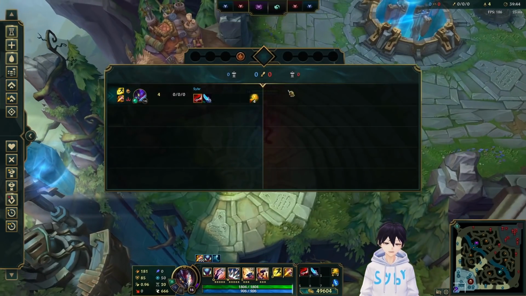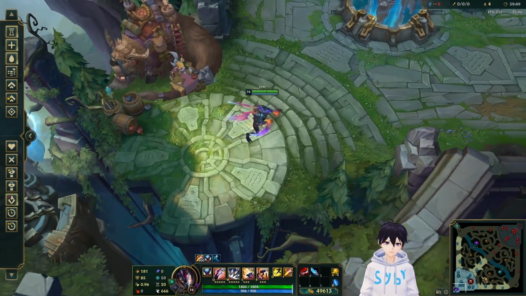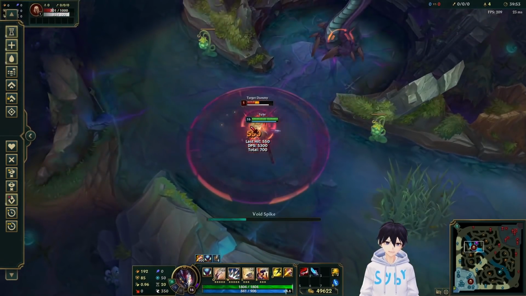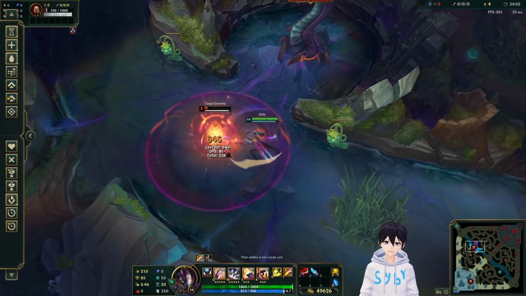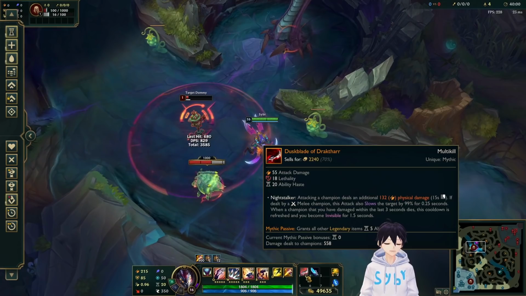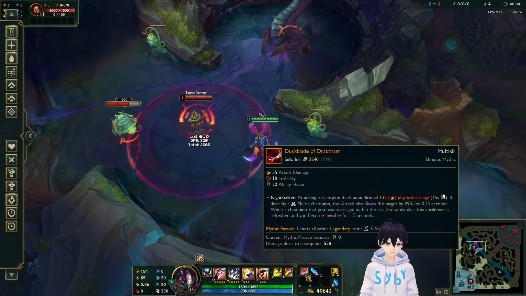So in the same ideal situation, they have like 4 to 5 squishies. You go Dustblade. Dustblade grants you invincibility every time you kill a target. I don't think I can show it here, because this doesn't die, but every time you kill an enemy, you gain 1.5 second invincibility, right? This is really useful